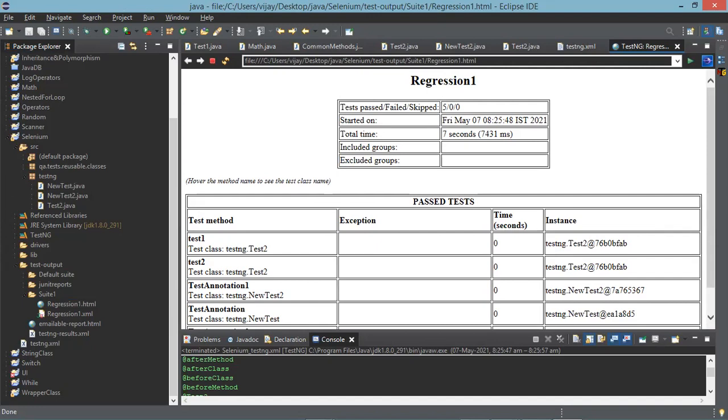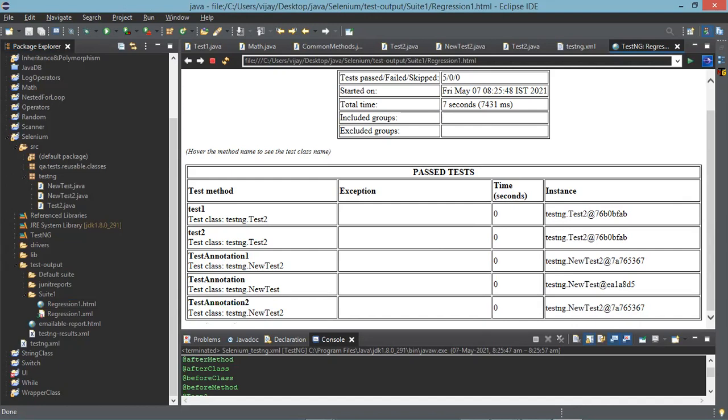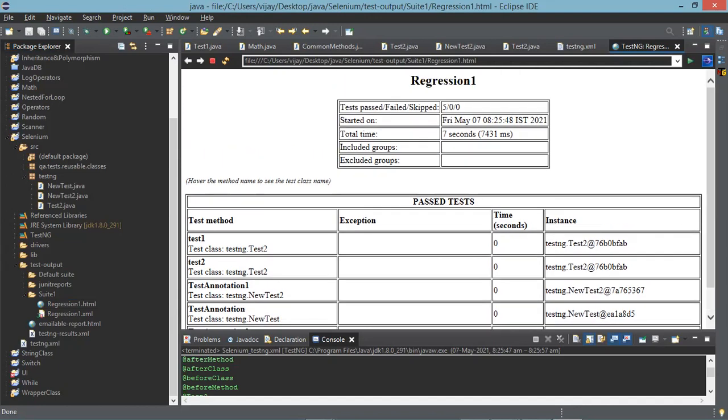So why we are teaching this now is that going forward, when I ask you to write test cases and all those things instead of writing them in the main method, if you start using TestNG, it will be familiar for you to use TestNG as well. So that it is easy for you to learn things better and quicker.